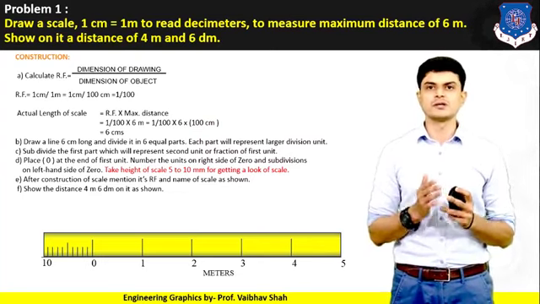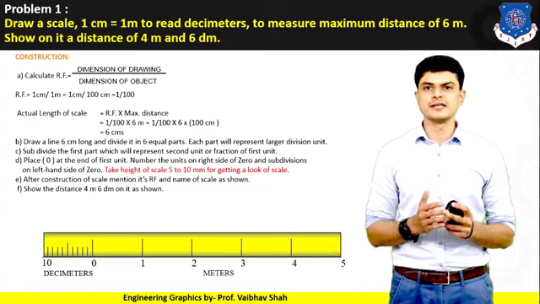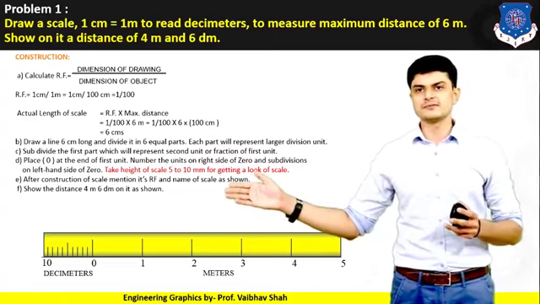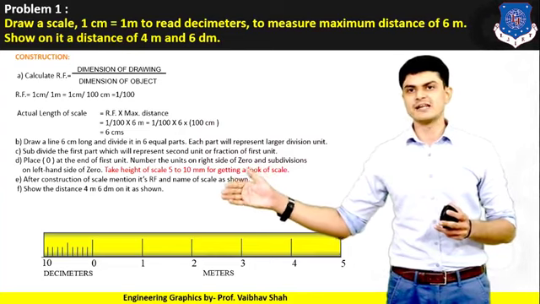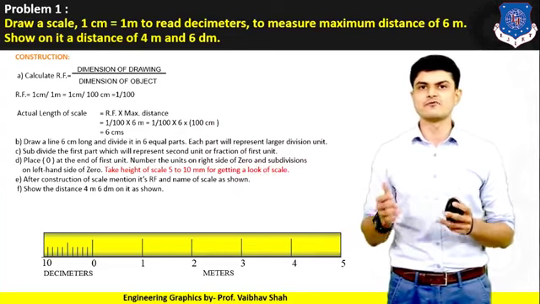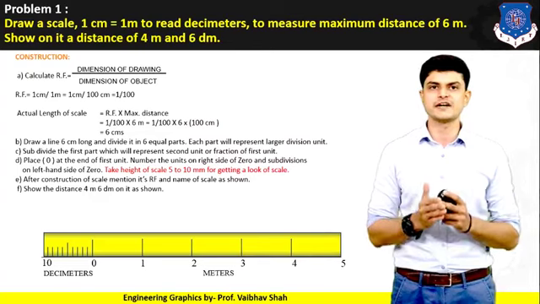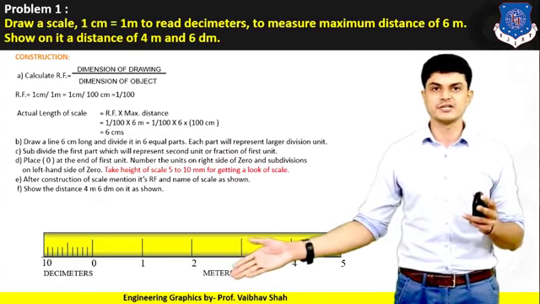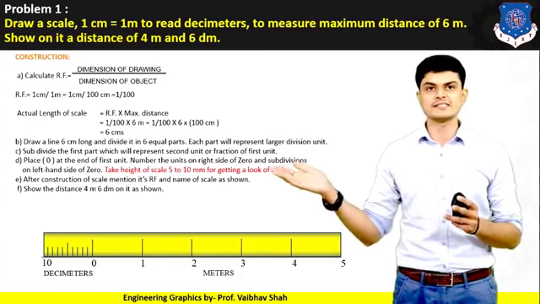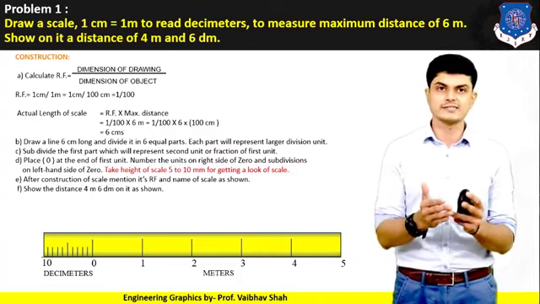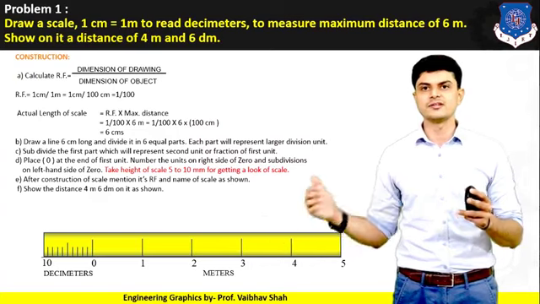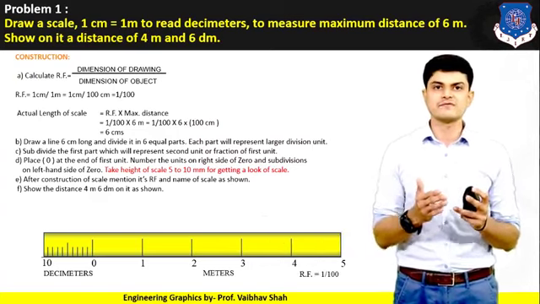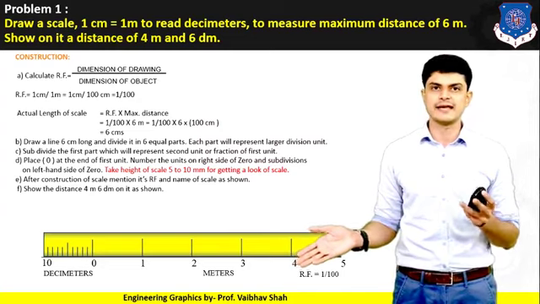Now let us put the value of the units on this scale. As you can see, our scale is a primary scale. The scale starting from 0 till your right hand side would be your primary scale, and we have specified the primary unit here, which is nothing but what? Meter. And the scale on the left hand side of your 0 is nothing but your secondary scale. So we have substituted a second unit there as a decimeter, and finally you need to substitute RF, which would be on the right hand side of the scale, as you can see.